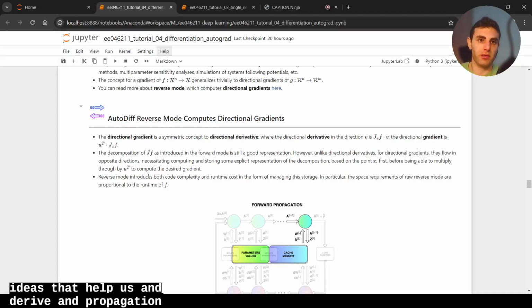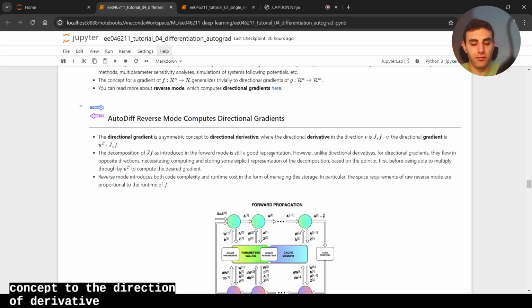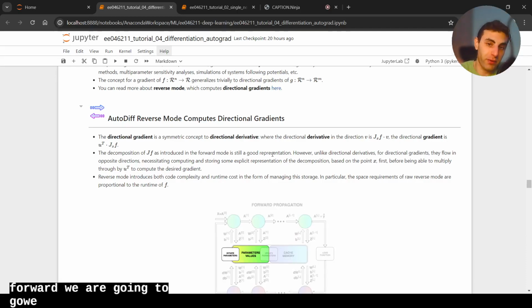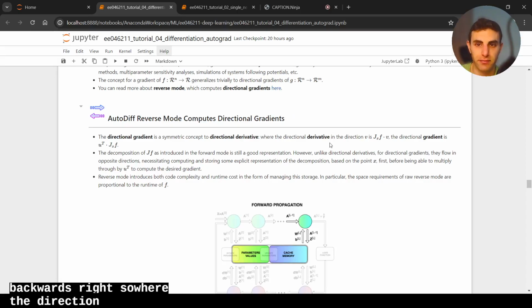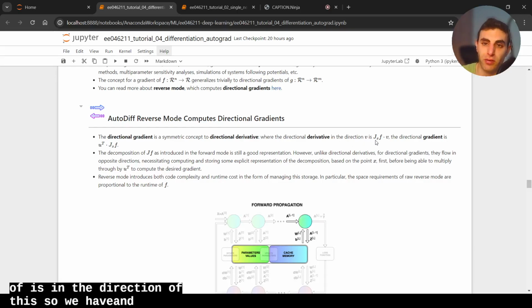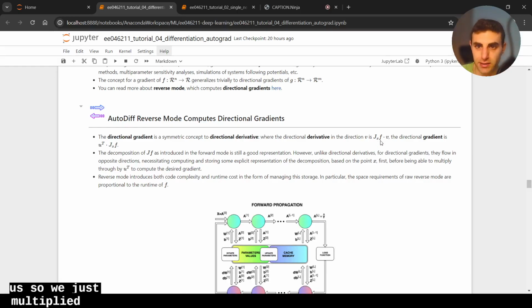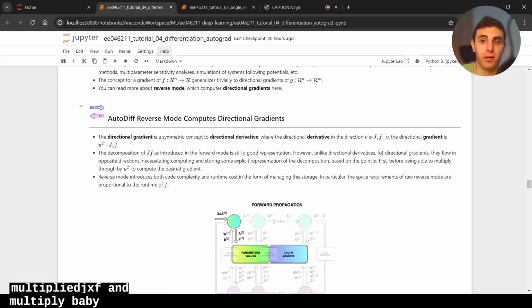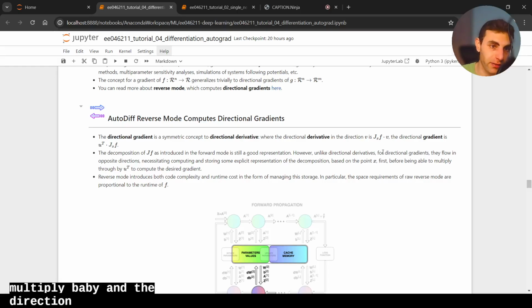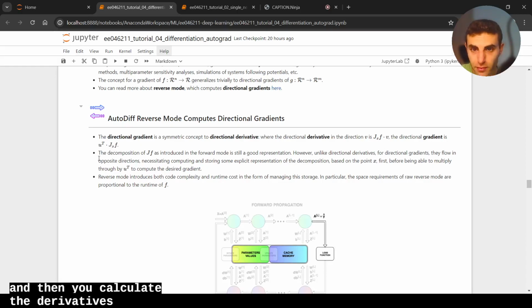The directional gradient is a symmetric concept to the directional derivative. Instead of going forward, we are going to go backwards, right? The directional derivative, the forward mode, is in the direction v. When we took the Jacobian, we carried the Jacobian with us. We just multiplied J_x f by v. The directional gradient is the opposite. You start from the end, and then you calculate the derivative. So the idea